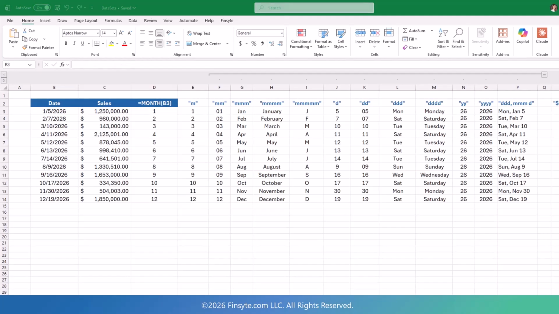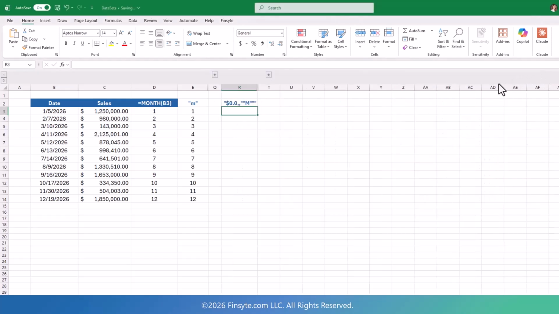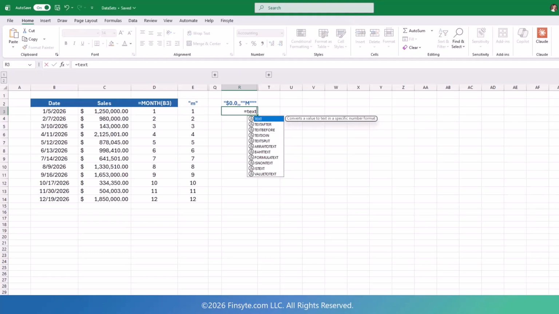Text also works really well with numbers, so let's look at the sales values. These are large numbers which can be hard to read in a report. Using text, we can format them into thousands or millions. So instead of showing 1,250,000, we can display something like 1.3 million. So start by typing equal text and double-click it to select. Select the cell you want to reference, then type quote, and then